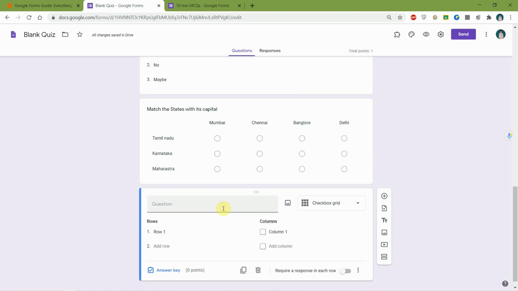Checkbox grid is similar to multiple choice grid, but the only difference is that there can be multiple correct answers per row, or for a question. In this, we have to type the questions in the rows and answers in the columns. If a question has, for example, 3 answers, all 3 options must be listed in the column. And for the second question, if there are 3 answers, all 3 must be